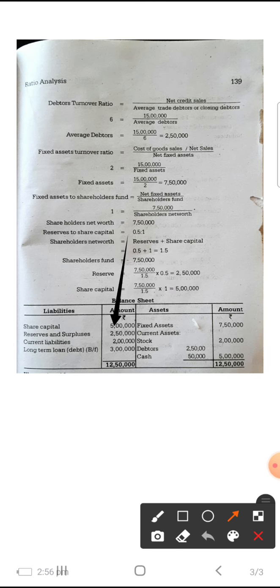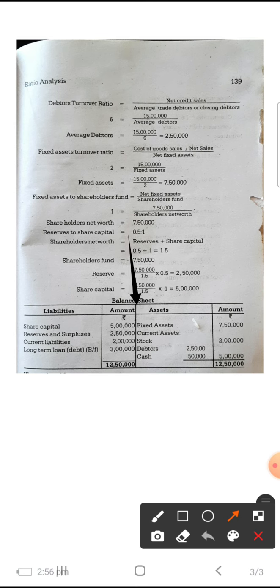Okay, now the balance sheet is given here, share capital. Now all the information you write, you have fixed assets in the problem. Current assets, you got stock and debtors. Remaining is considered as cash. Share capital write down, reserves and surplus as calculated here. Current liabilities, then total it, you will get the balancing figure. So the balancing figure is considered as long term loan. So this is how you have to prepare the balance sheet.